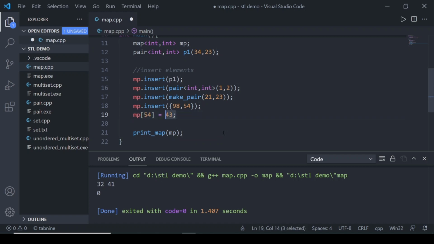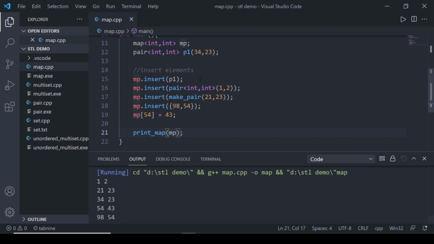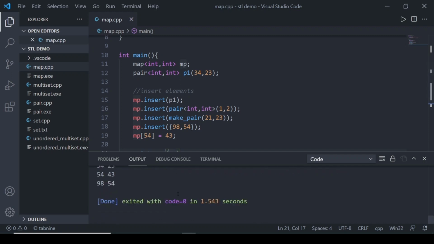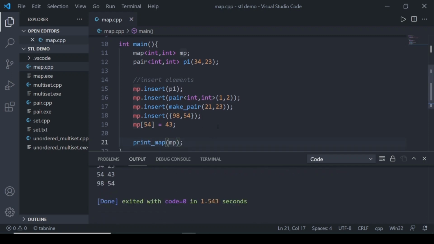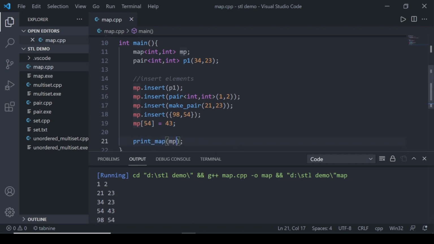What this statement will do is see if the key 54 is present. If it is present, it will overwrite it. If it is not present, it will make a pair 54 comma 43 and insert that into the map. So let's see that all the methods of insertion are valid. You can see that map gives us sorted data.